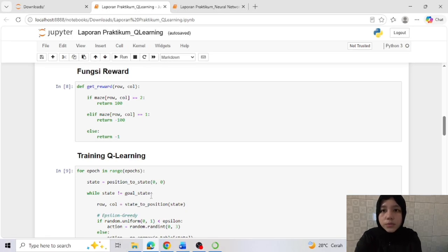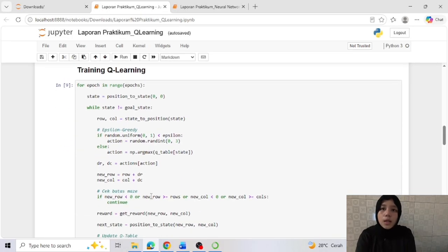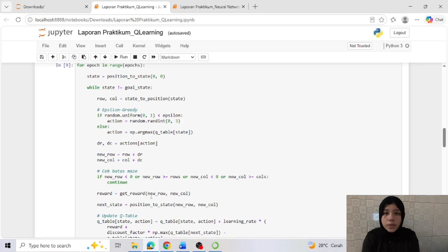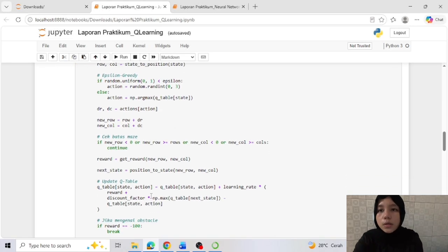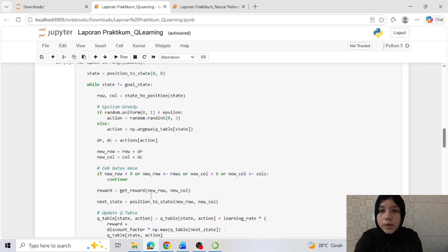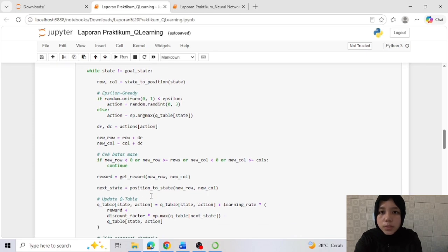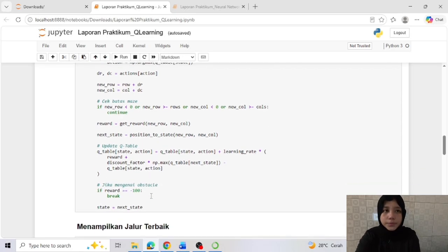And the next, training the learning model. The next step is the training process. During each epoch, the agent starts from the initial state and chooses an action using the epsilon-greedy strategy. Sometimes the agent explores by choosing a random action, and sometimes it exploits by selecting the action with the highest Q-value.